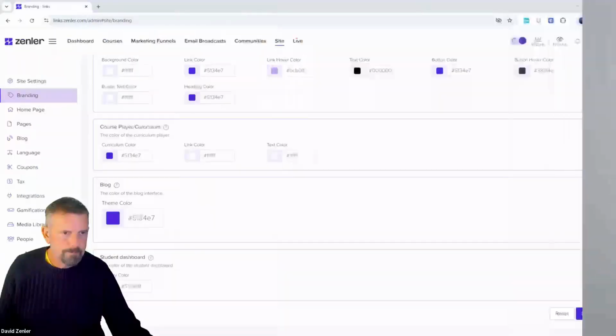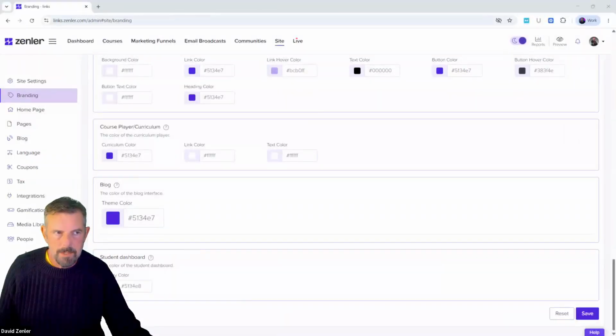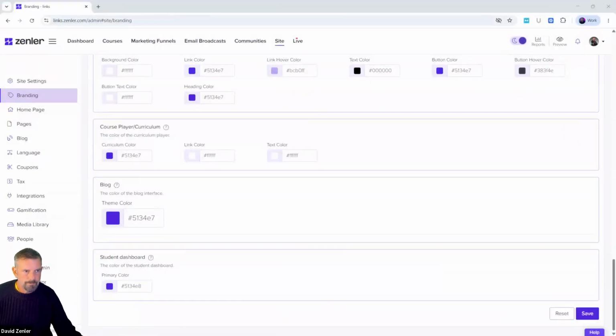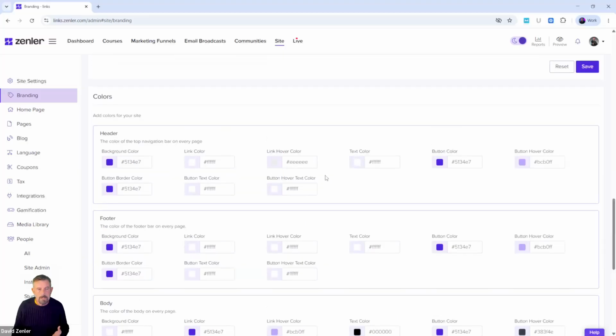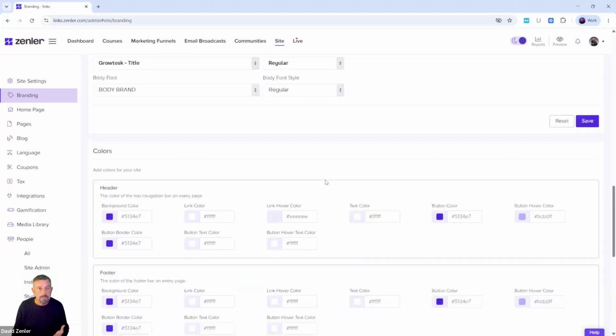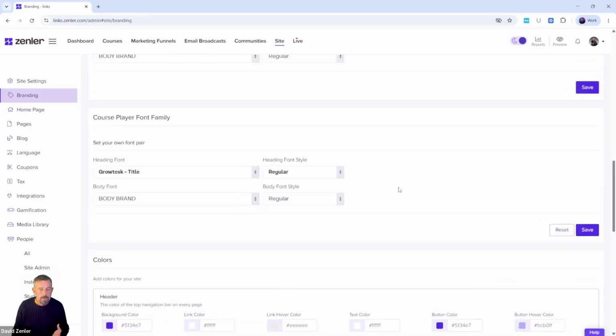So let me go across to screen share again. You'll see down here, I'm going to make myself a bit smaller, like that. And you're going to see that there's a blog part here. So this is purely for the kind of blog interface. It puts it in that color. You can see our colors are all this purple color going through here, but it will take things like your link colors and it will use those sort of things. Now you can override these, and to override, we're going to be using